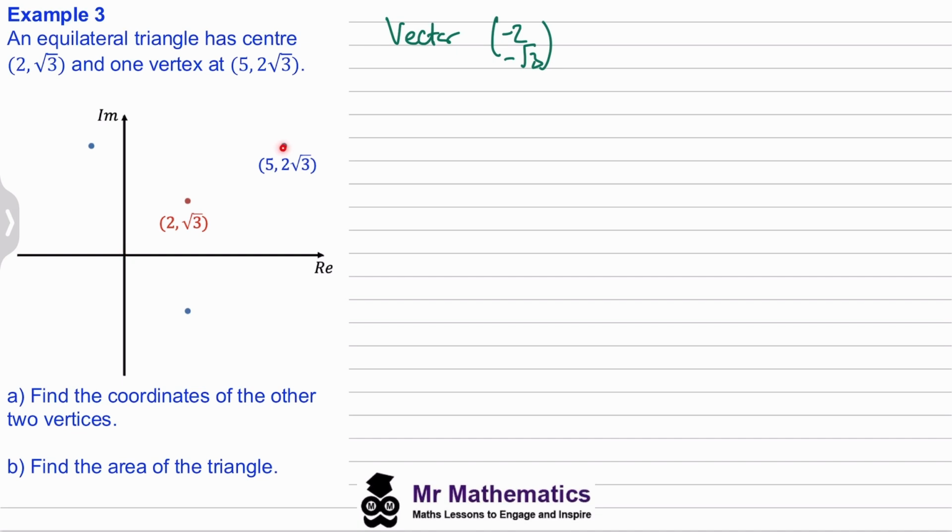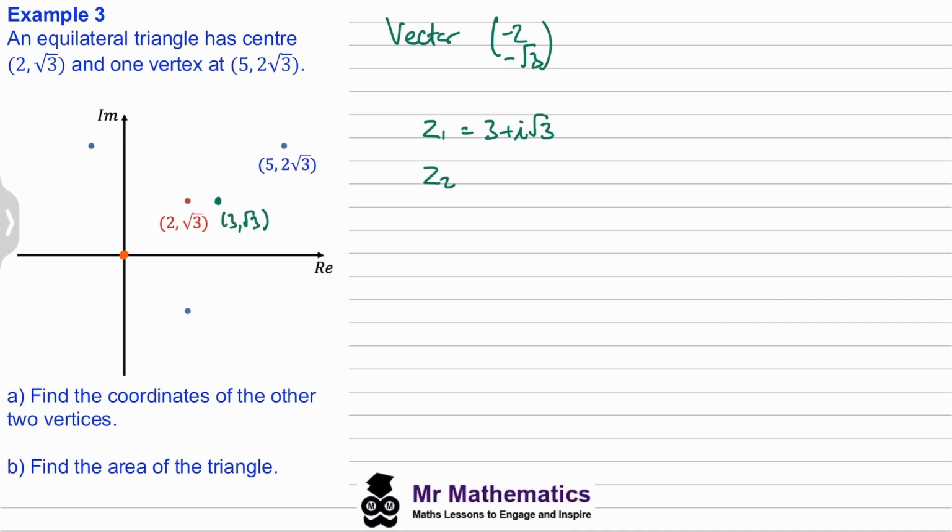And it will move this point 2 to the left and √3 down. So this will be moved to about here, (3, √3). And with the centre now located at the origin, we can use omega to work out the translated coordinates of each of these 2 points. So if we say Z1 is this point, 3 plus i√3,